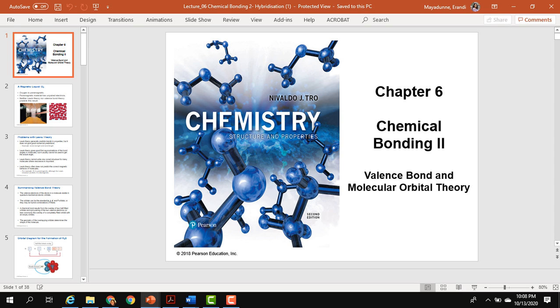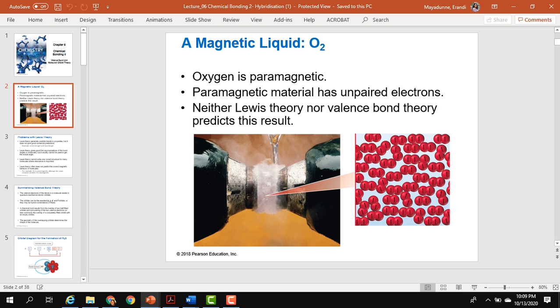So in this chapter 6 you see we talk about hybridization. It says valence bonding and molecular orbital theory, but I'm not going to do the molecular orbital theory. I'm only focusing on hybridization. So you should know what is this hybridization? Hybridization is when two elements form bonding. At the beginning, before forming bonding,